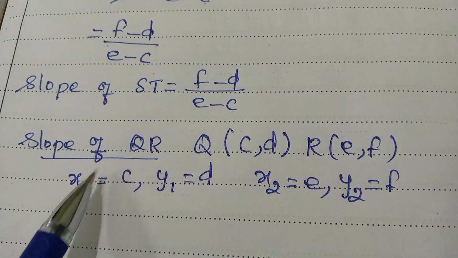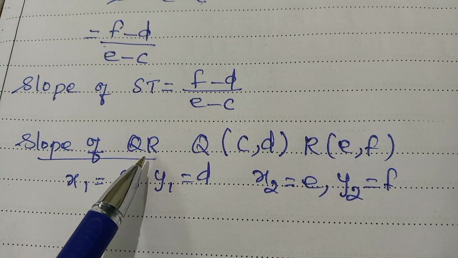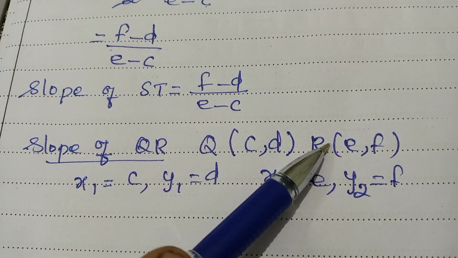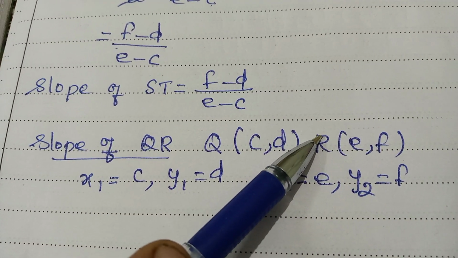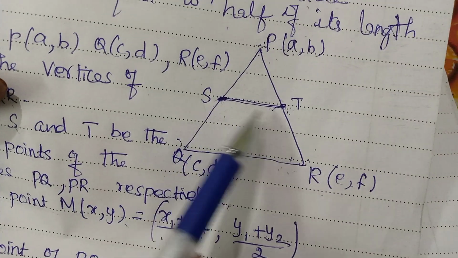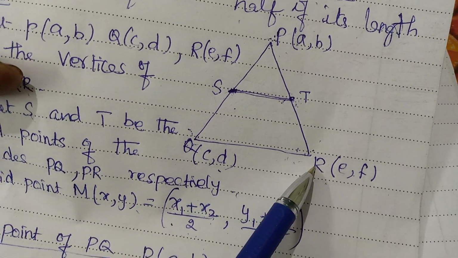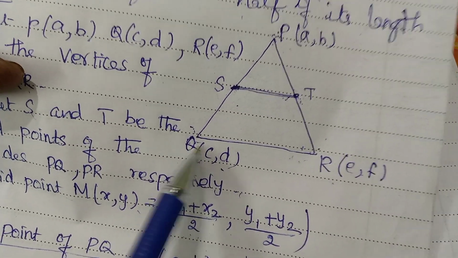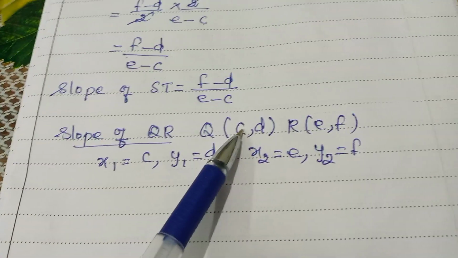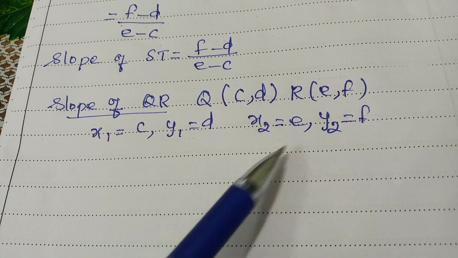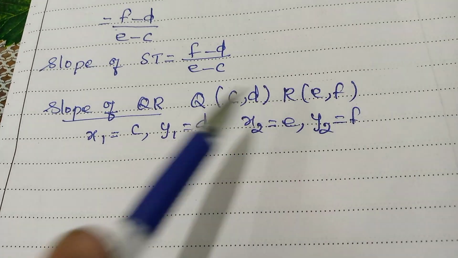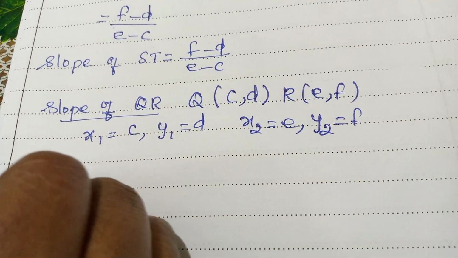Next we have to find out the slope of QR. For that, Q point and R point we have to use. So we are going to find the slope of ST over the slope of QR. Here what is x1? c. What is y1? d. What is x2? e. What is y2? f. Slope of QR is equal to